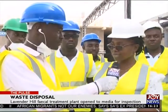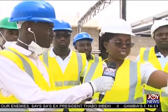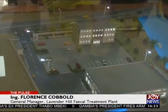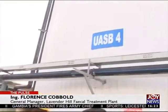Yes, it will take place. Like I told you, from the dewatering stage, the effluent will now come into the USB, where we are standing on. USB, upflow anaerobic sludge blanket. That is where the treatment itself, that is what we are charging now. I told you it's a biological process. So that is where the gas will be generated on top of this